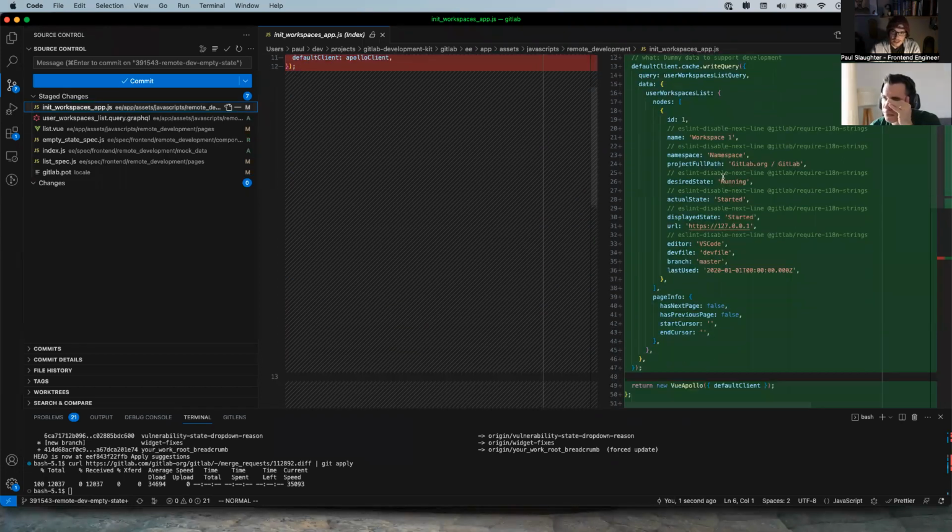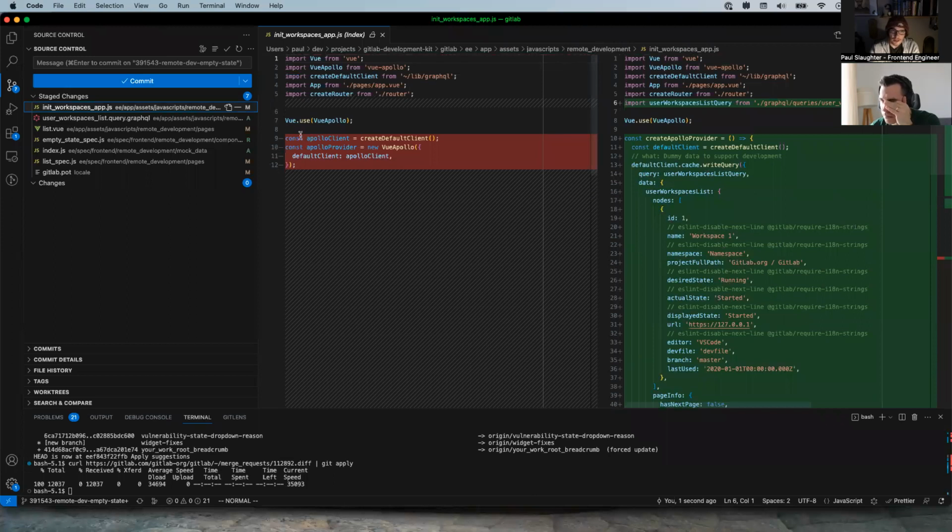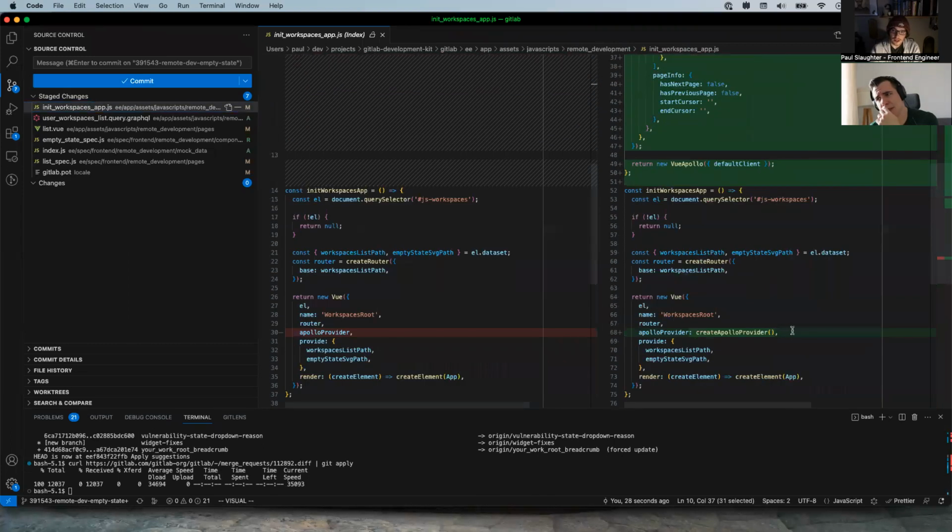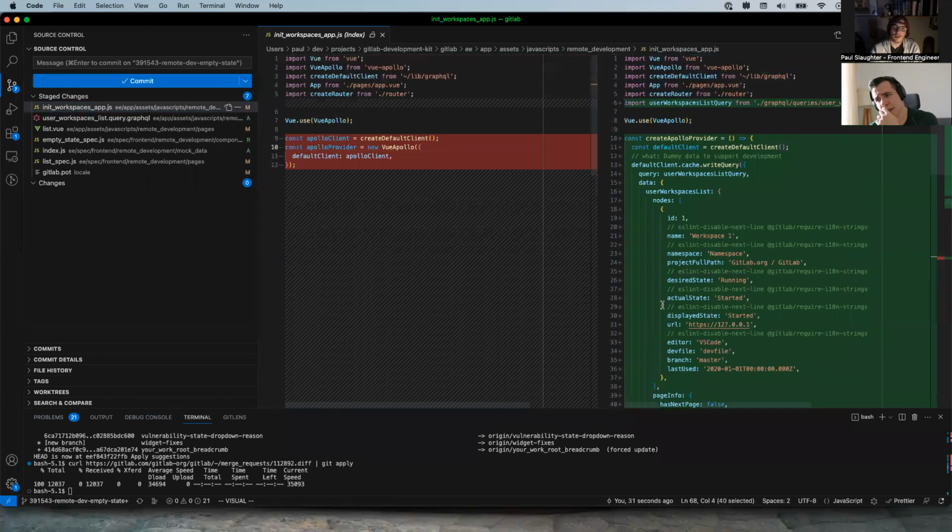One of the suggestions I left earlier was, previously we created the Apollo client outside of any wrapping function. It was just part of the module. I said, hey, normally we try not to use side effects in modules on import. So if we can wrap our Apollo client creation in a function, and then call that in our initializing function, that'd be great.